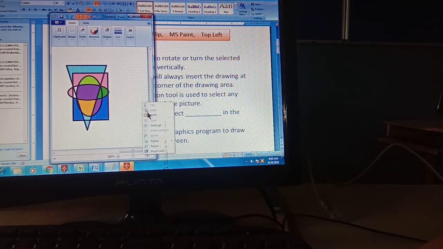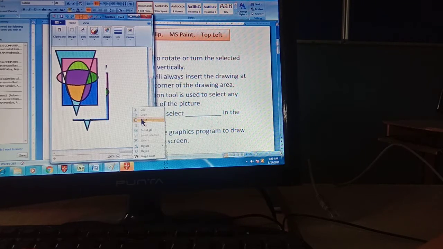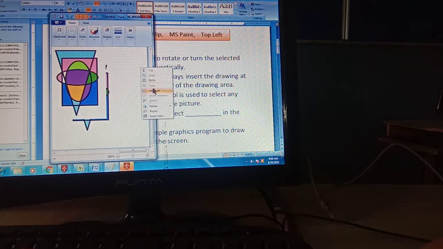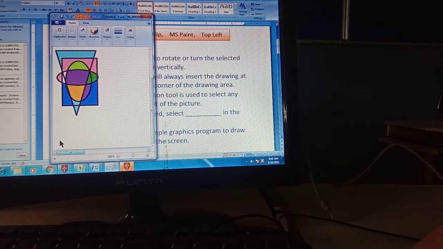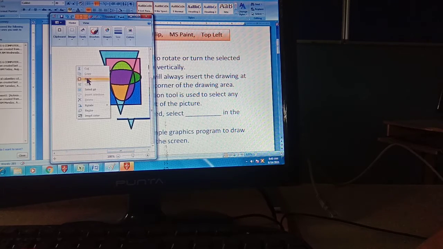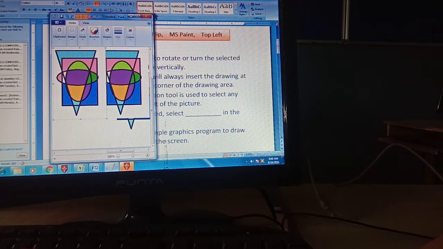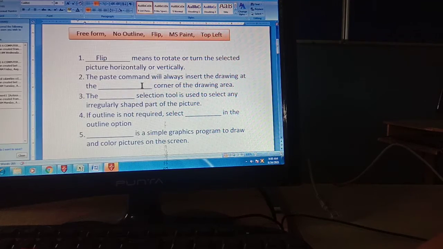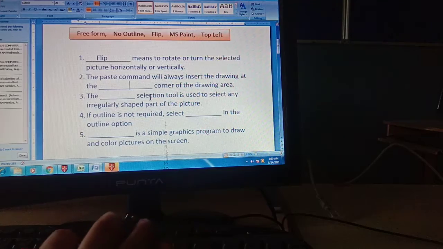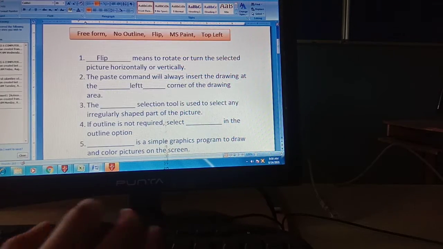Clear to everyone? Whenever you paste, it will paste in the left corner. Wherever you press, the drawing will be pasted in your left corner. So your answer is left.